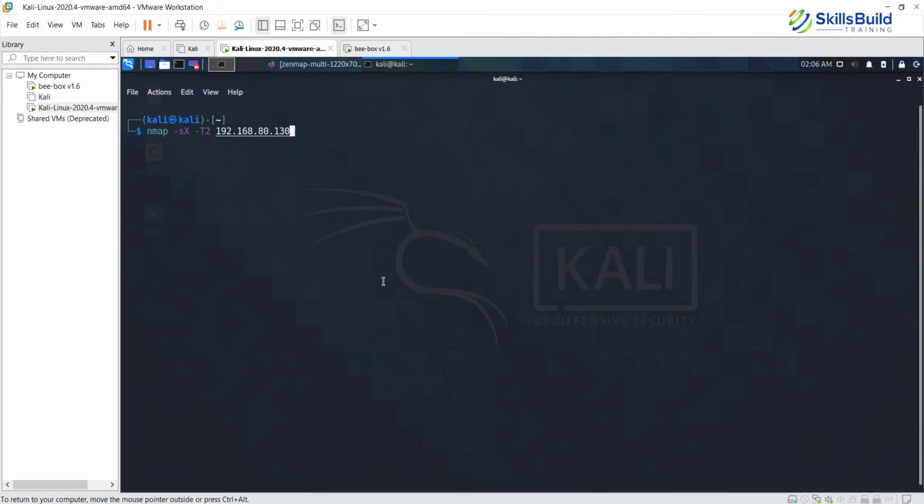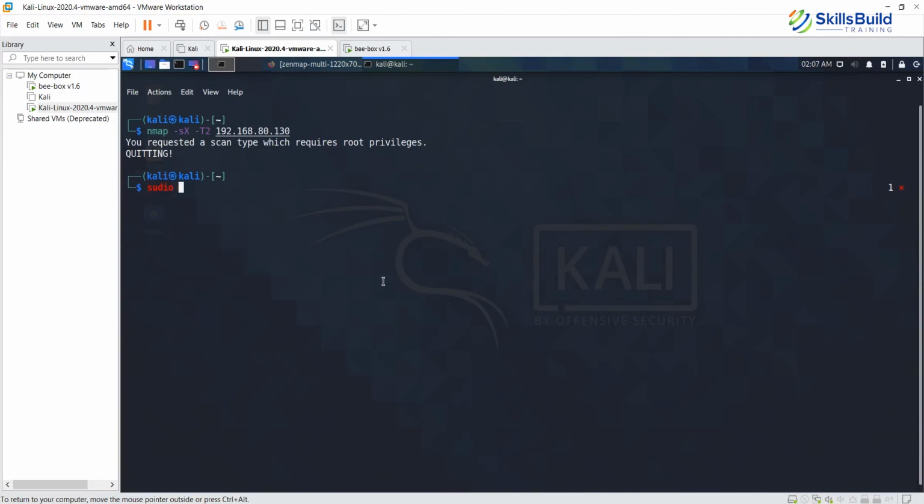Now this is a polite scan, because of the -T2. The higher the value, it goes up to T5. If you put -T4, it becomes an aggressive scan, and T5 is like a paranoid scan. So we are just going to do a polite scan.